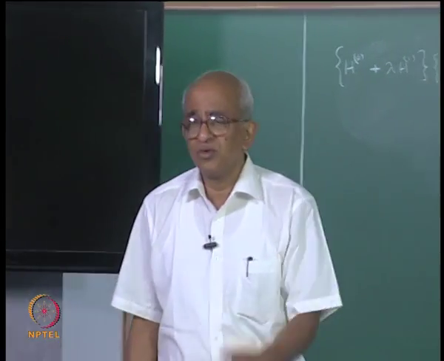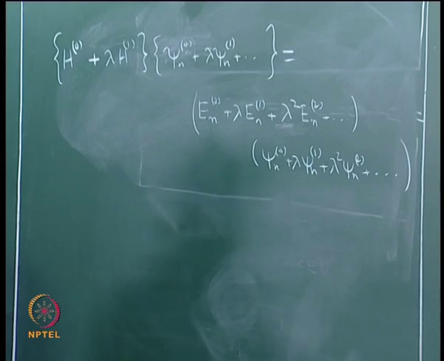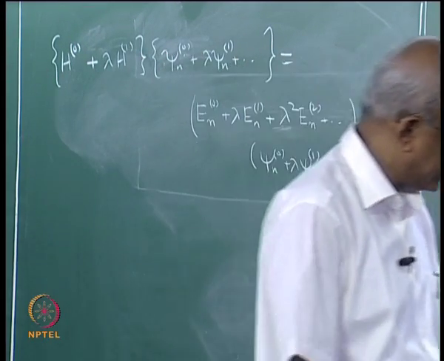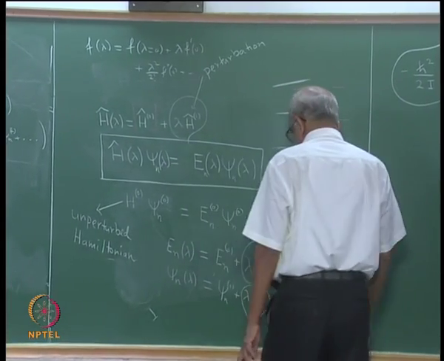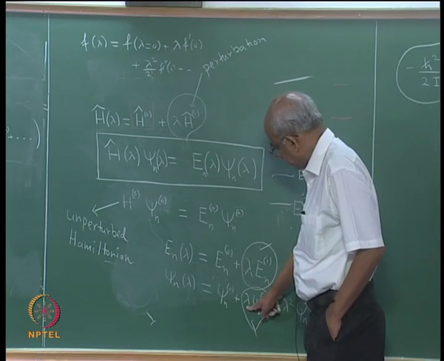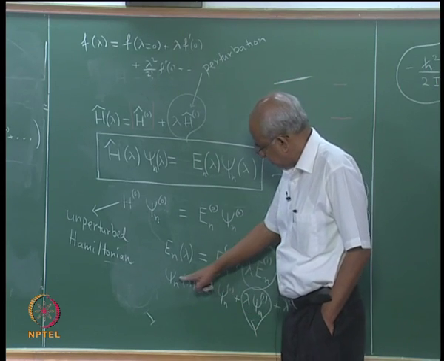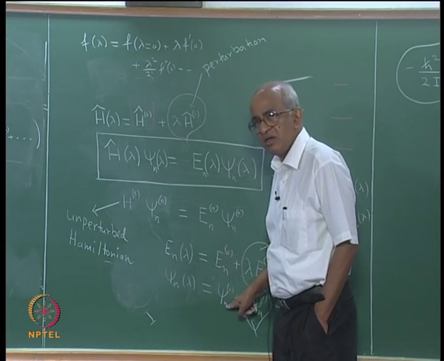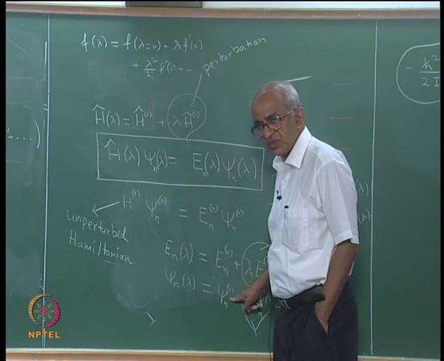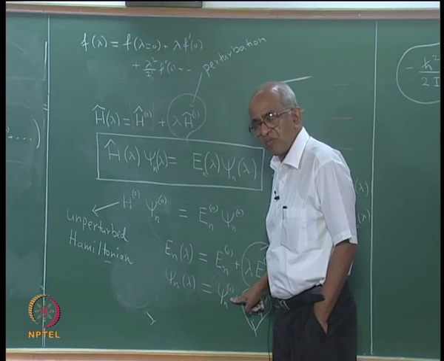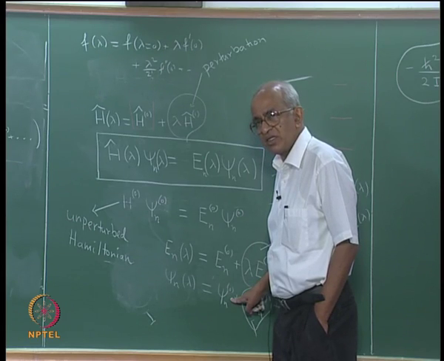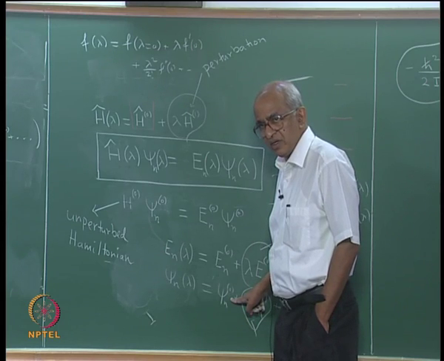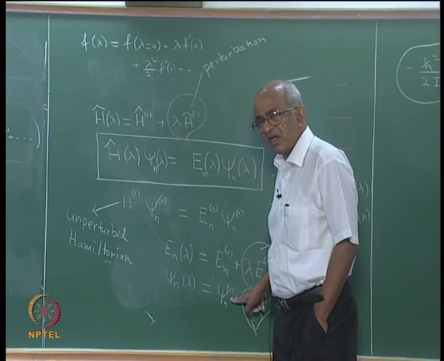Now, even though you would not have realized it, I have made a very strong assumption in whatever I have done. Let me tell you what that assumption is. This says that if I put lambda equal to 0, my perturbed wave function actually will become equal to psi n 0. That is what it assumes. This is true in general, provided your energy level is non-degenerate. If your energy level is degenerate,